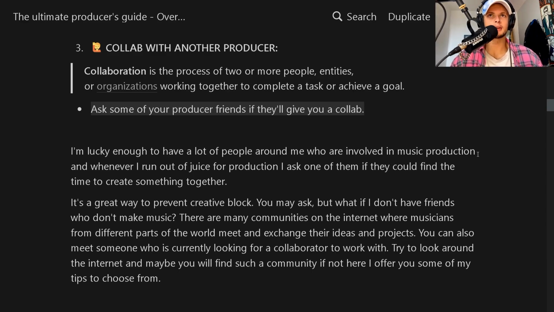There is nothing wrong with cooperating with other people, and I think the music industry is about creating these connections. I think it's more about creating connections than actually creating music. That's how important it is to collaborate with other producers and other people, and have this connection, because that's when